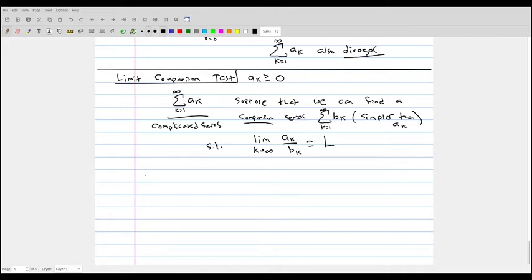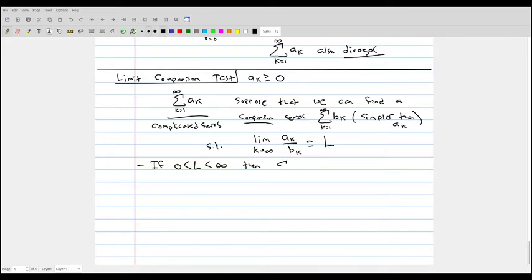Well, we have a couple different conditions on the value of L. The first one is directly related to the result of the limit comparison test for integrals. If this limit is between 0 and positive infinity, so it's a real number that's greater than 0 but less than positive infinity,